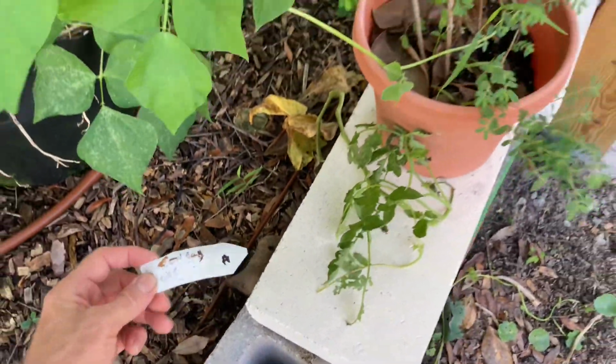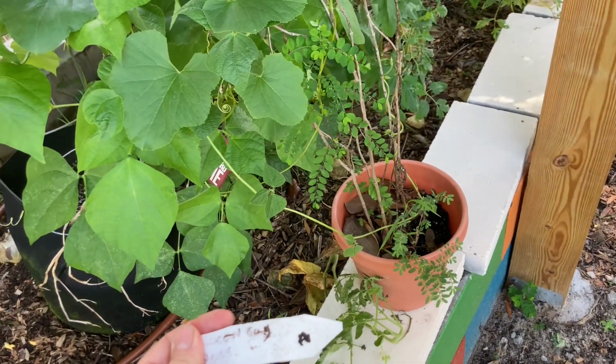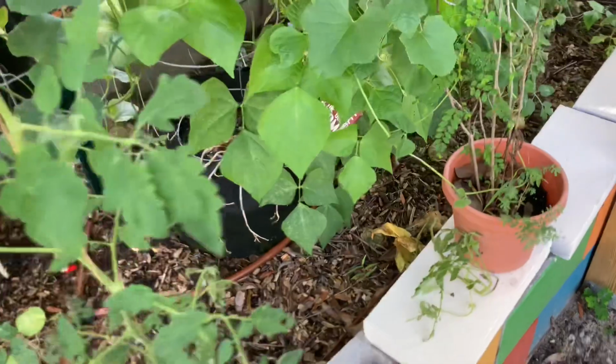Oh, in fact, what is this? This is Yukon Gold. Oh, that's from a potato. Anyway,